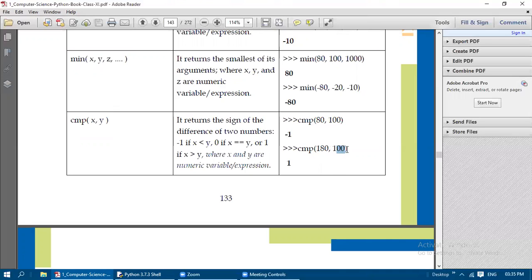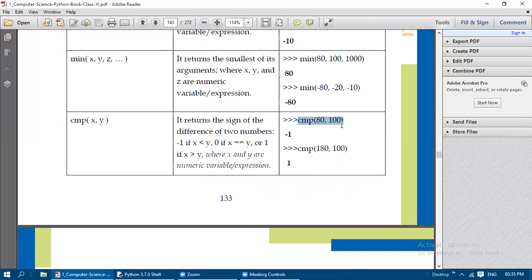When x and y both are equal, it will return 0. You can see here, if x and y are equal, 0 it will return. If x is less than y, it will return -1. If x is greater than y, it will return +1. So it returns the sign of the difference of two numbers. Only the sign of the difference of two numbers is returned.